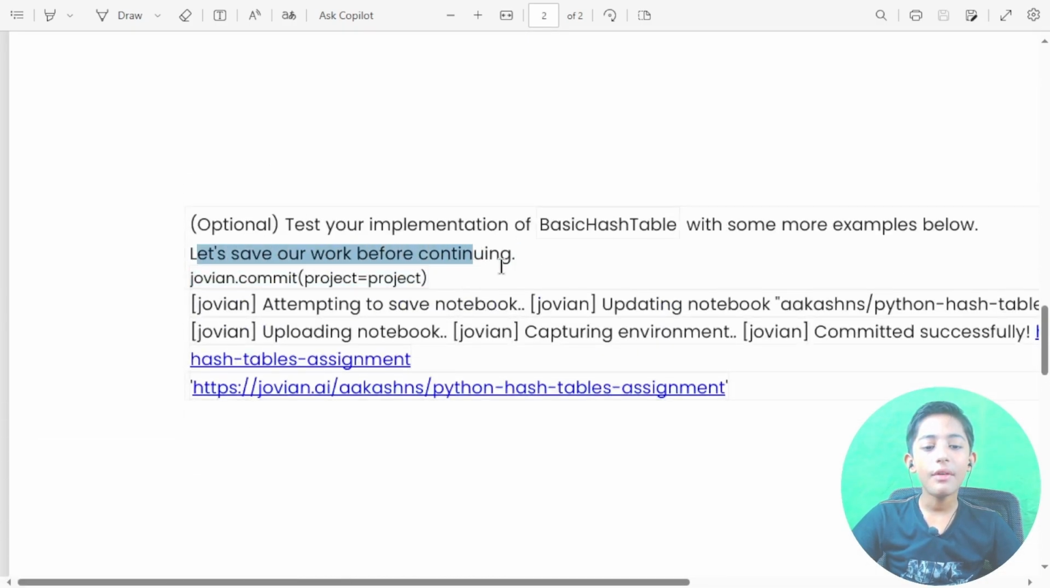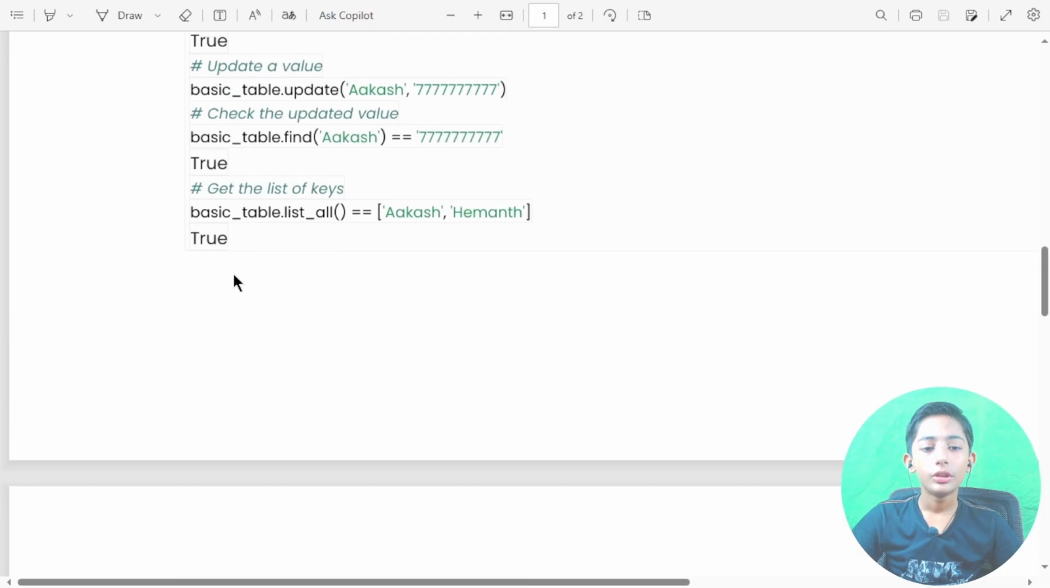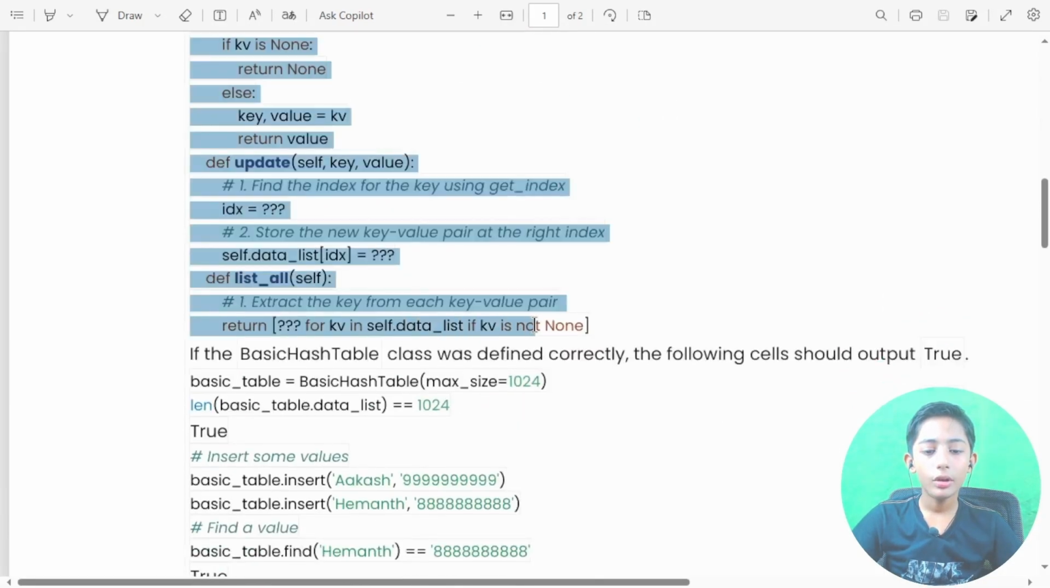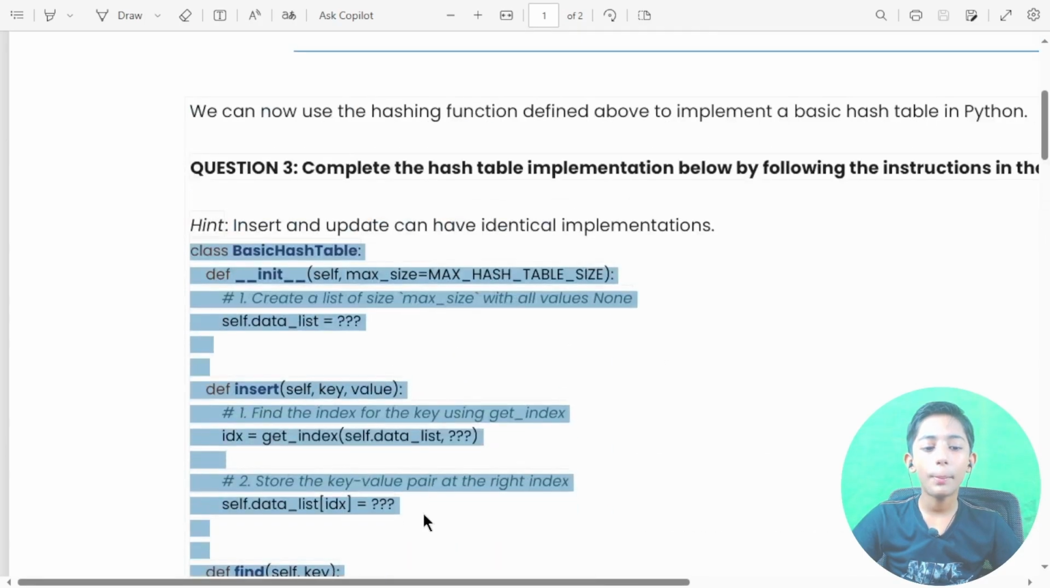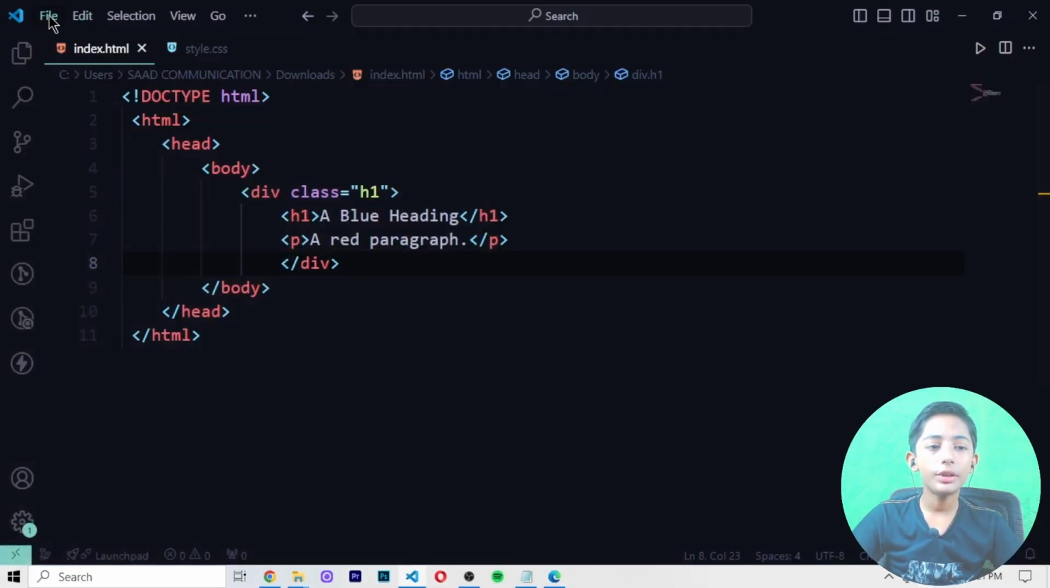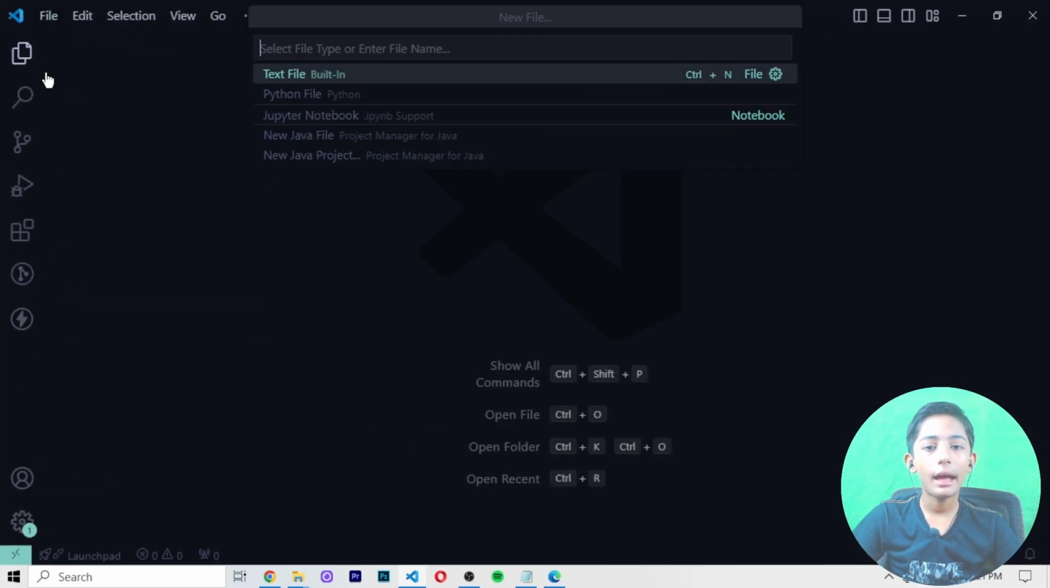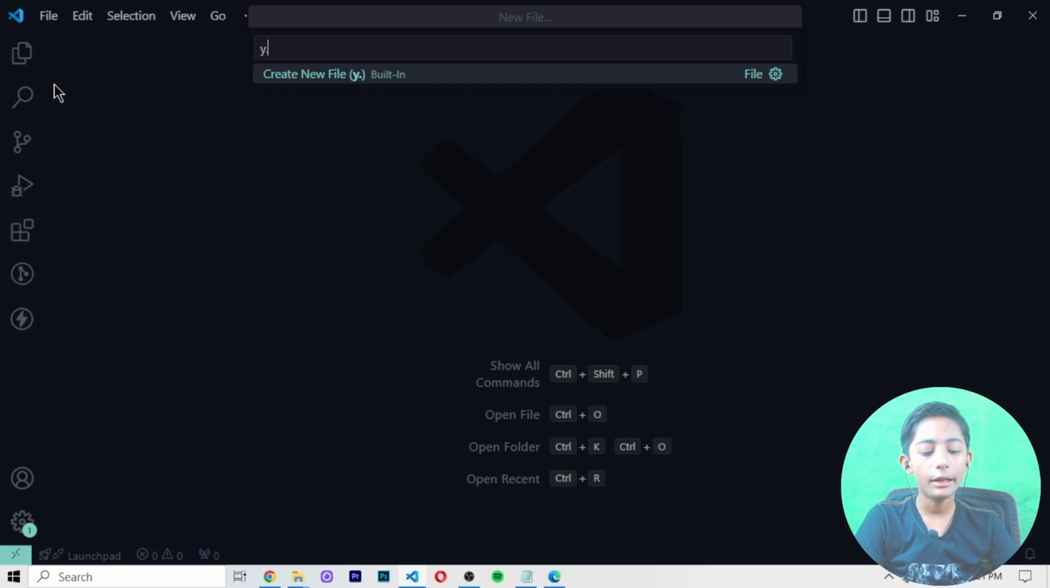Now let's save our work before continuing. Test your implementation of a basic hash table with some more examples below. So first of all, let's run this code. We run this code from Python. First of all, we make our Python file, like here we can write y.py